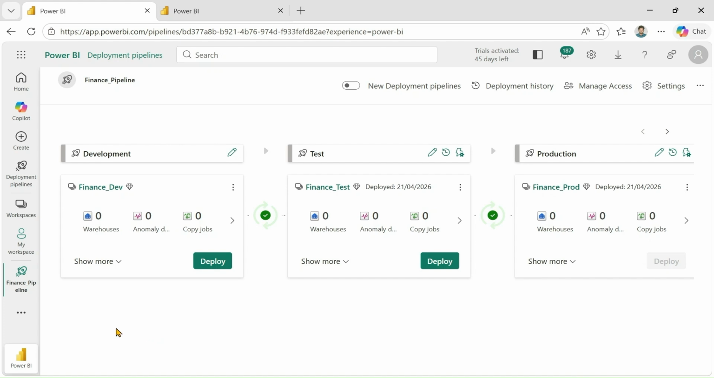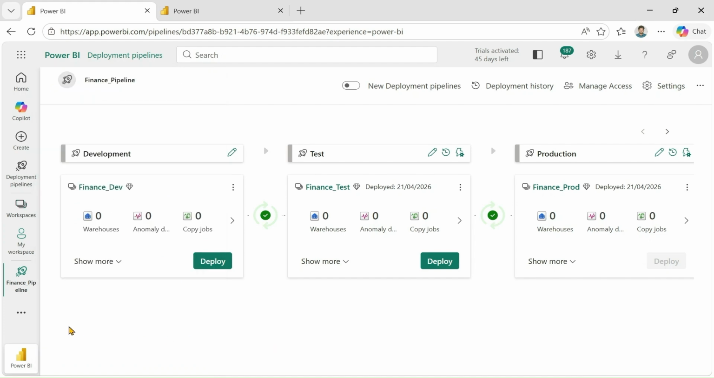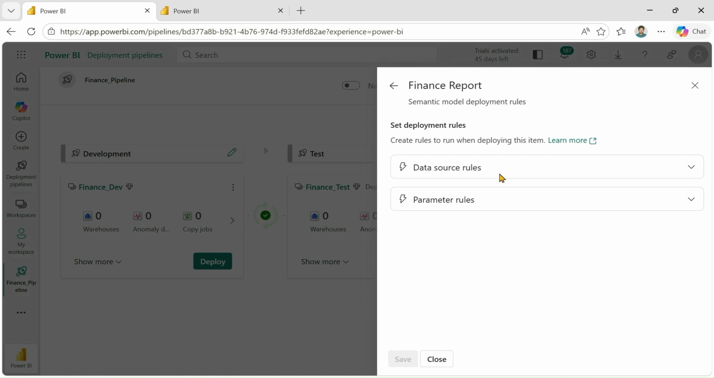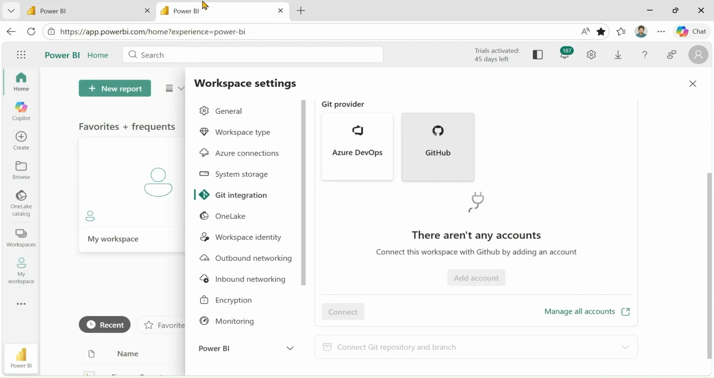We'll log into Power BI service and we'll create three different workspaces for development, test, and production. We'll create deployment pipelines and we'll see how to set up data source rules and how to set up parameter rules, how to schedule a refresh, and so on. Once this part is done, we'll move to the important section, that is how to integrate Power BI with GitHub. We will integrate this workspace directly with Git,